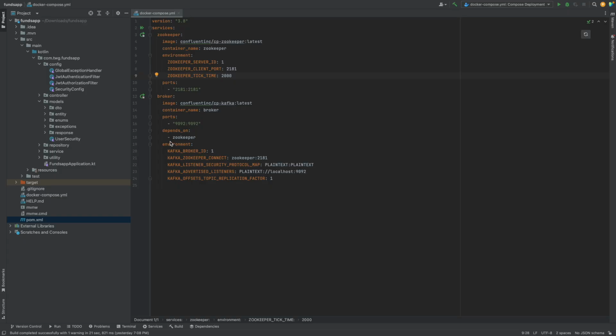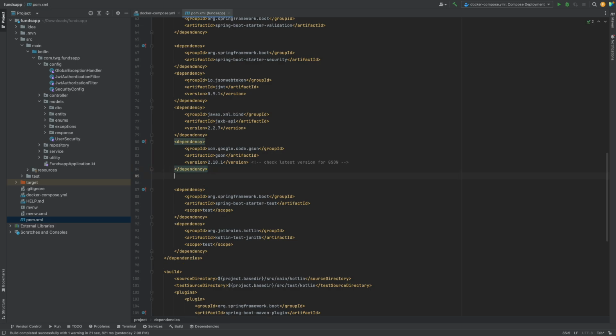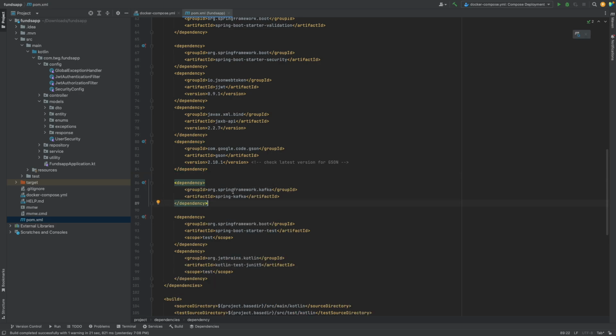All right, so now that the Docker Compose is done and we created the containers for Zookeeper and Kafka, we can go ahead and add the dependency we'll need in this application, and that is Spring-Kafka. All right, so I'm going to go into the pom.xml, and what I'm going to do is right below this last dependency here, I'm going to paste in the dependency we'll need, which is Spring-Kafka, and the group ID is org.springframework.kafka. And I'm going to let Maven get that by loading the changes. Alright, so now that Maven did its thing and got the dependency we'll need, which is Spring-Kafka,